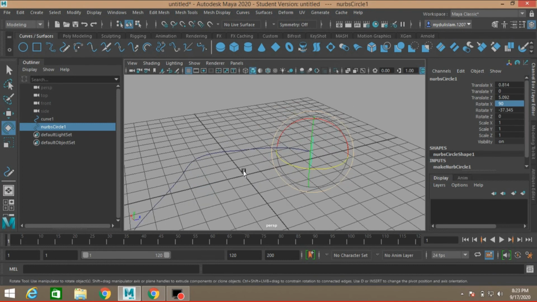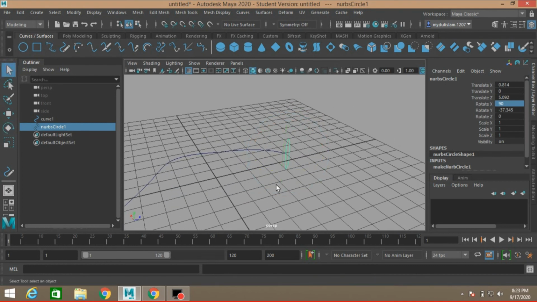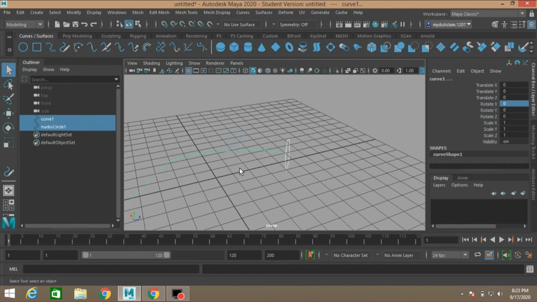Now first select the NURBS circle and shift select the curve.